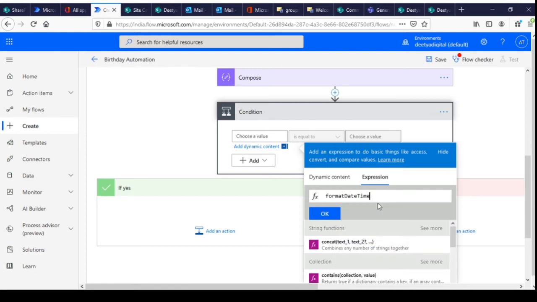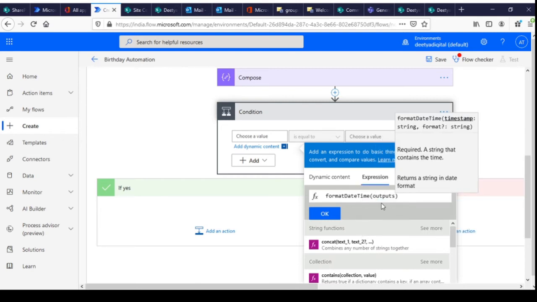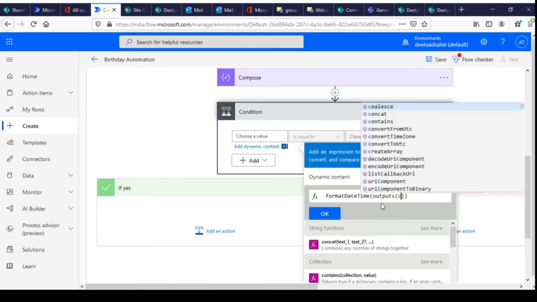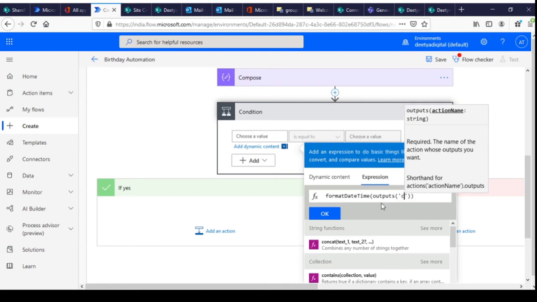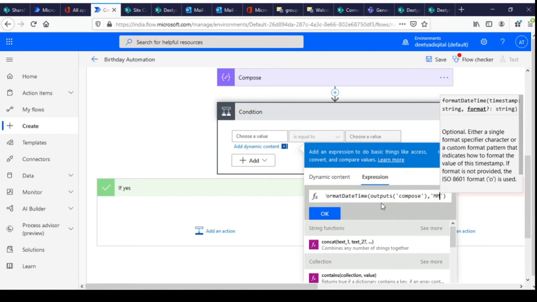So what I'm going to do is format date and time. The output of compose, and the format is MM hyphen DD.